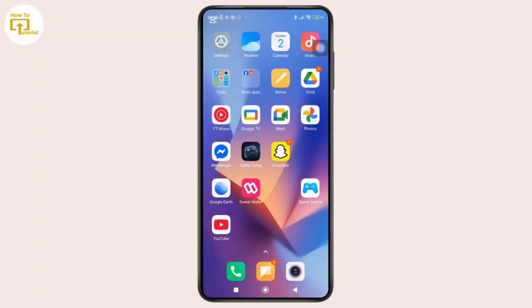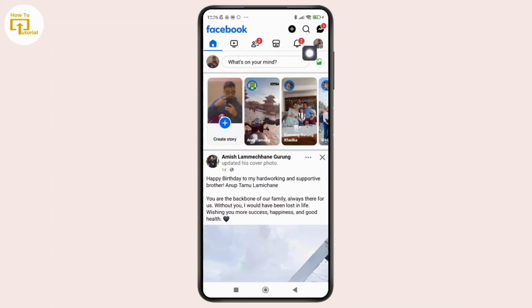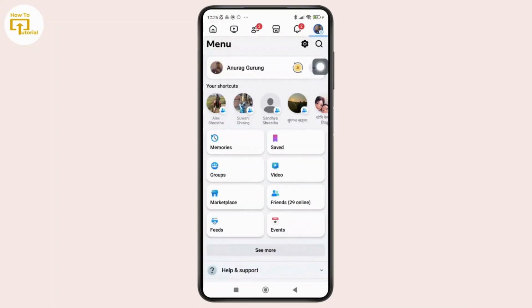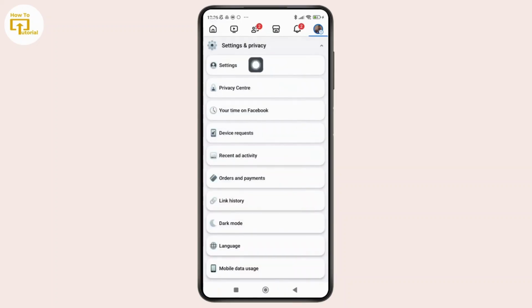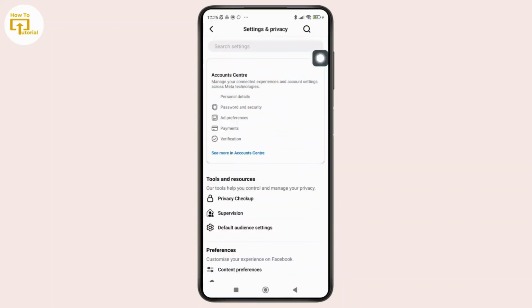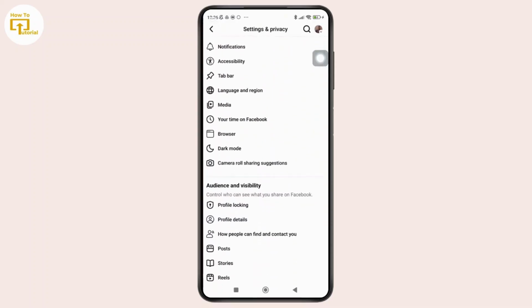So start by opening the Facebook app and tap on the three-line menu shown in the top right corner of the screen. And from here, simply scroll down and tap on Settings and Privacy. And under the Settings and Privacy, simply tap on Settings. And once you are in the Settings section, simply scroll down and under the Visibility section, simply go to the